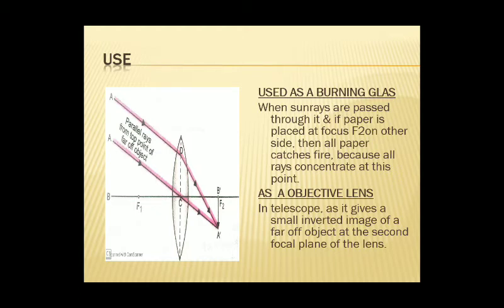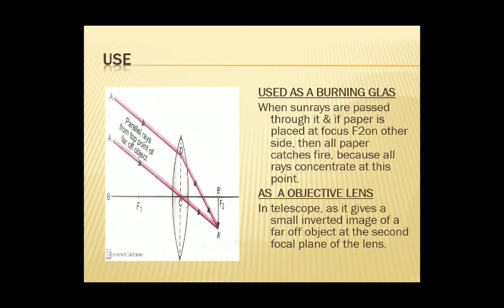Similarly, in the second case, as an objective lens. Actually, in microscope and telescope there are two types of lenses. You might have observed in the microscope, when you were working with it, one lens is near to your eye and the other lens is near to the slide, right? The object here is the slide, so the lens which is near to the object is the objective lens, and the lens which is near to your eye is the eyepiece.